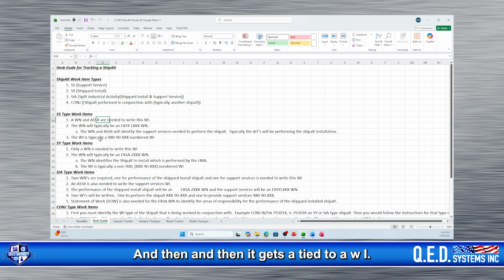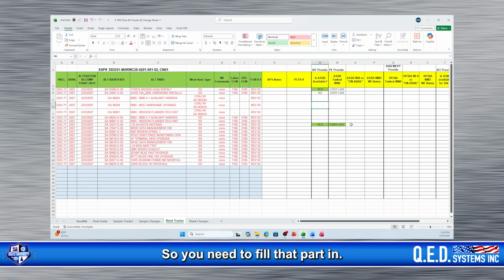Okay, and then it gets tied to a WI. So the WN gets tied to a WI, and it is 98090 with a sequential number. So you need to fill that part in. So we know